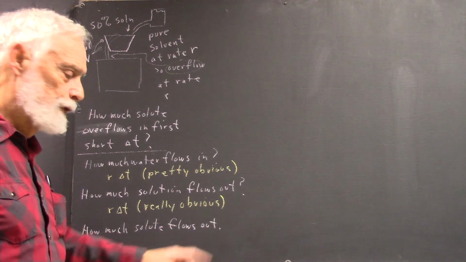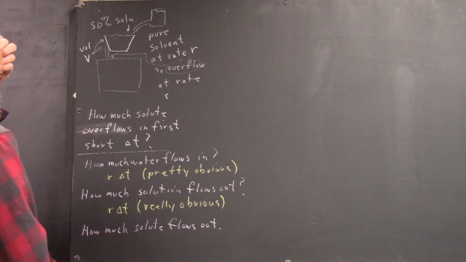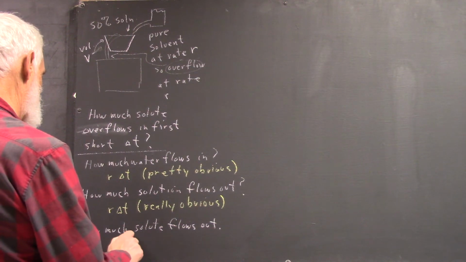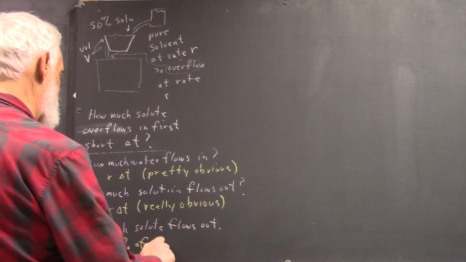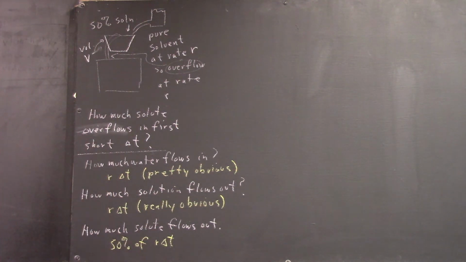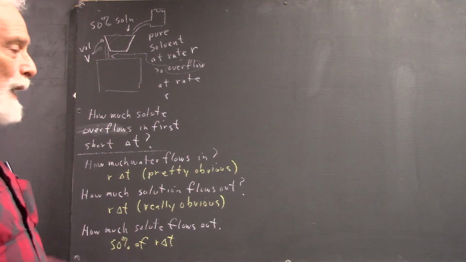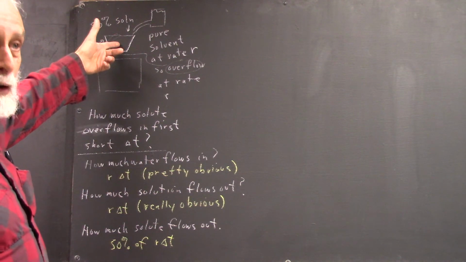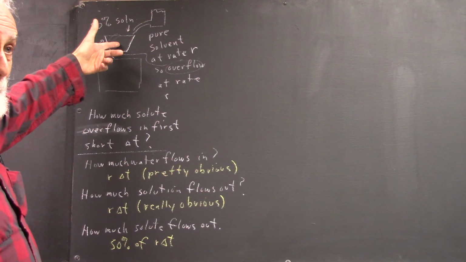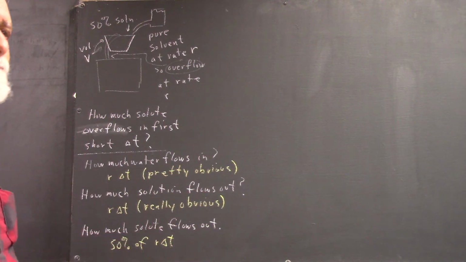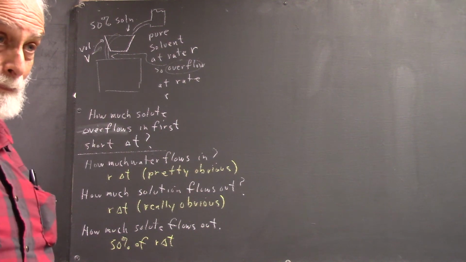Then how much solute flows out? Well, it would be 50% of R delta T. Okay? Make sense? Now that's not exact, but in a microsecond, the concentration in here isn't going to change enough to worry about, right? All right. And since we're going to be taking a limit as delta T approaches 0, we don't worry about that little bit of difference. However,